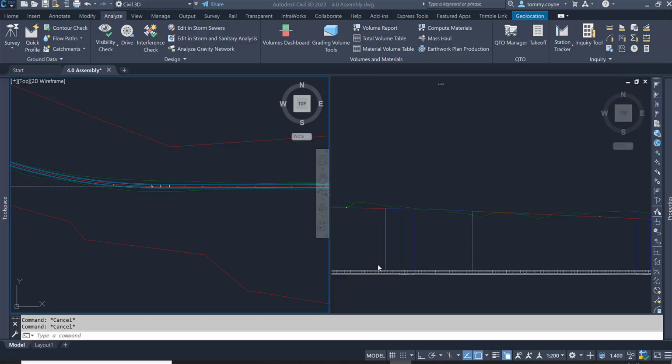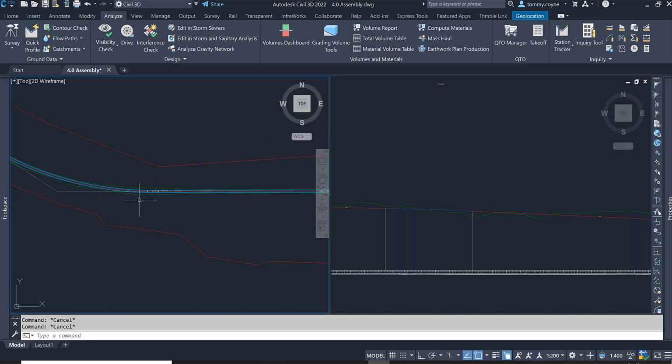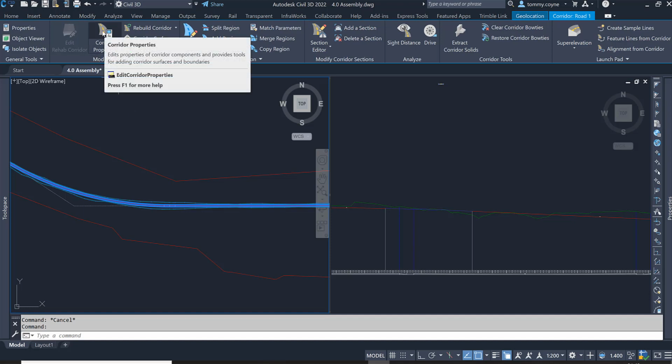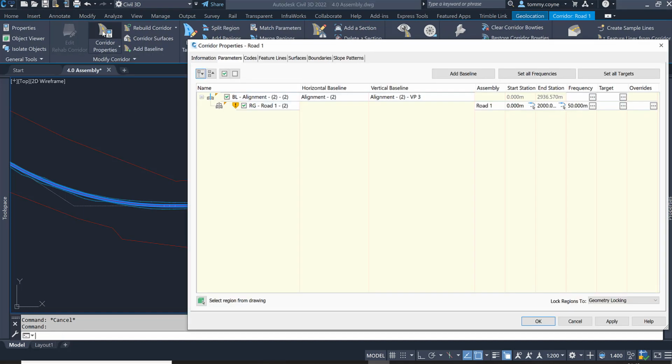This video will go through how to add a section to a corridor and also how to edit the frequency of a corridor. I am going to change the code set style of this corridor to show the links or the frequency of this corridor. To do that, you select the corridor, go up to your corridor properties, left click on corridor properties